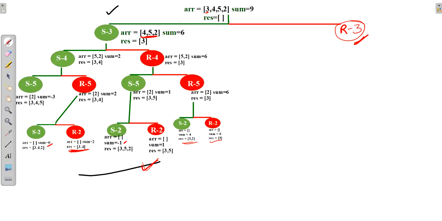So here what we did, first we popped out 3 and calculated for this 3 as select and reject. So first of all, I'll write array.pop of the first element, so I'll write 0 and then we will calculate further.